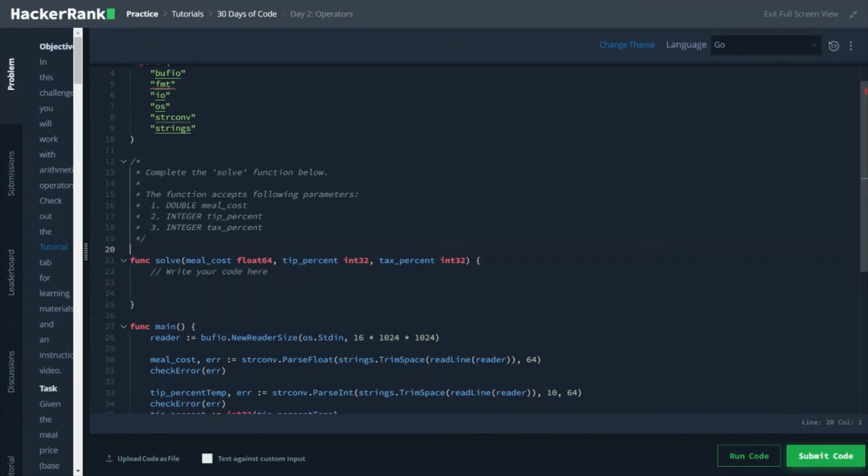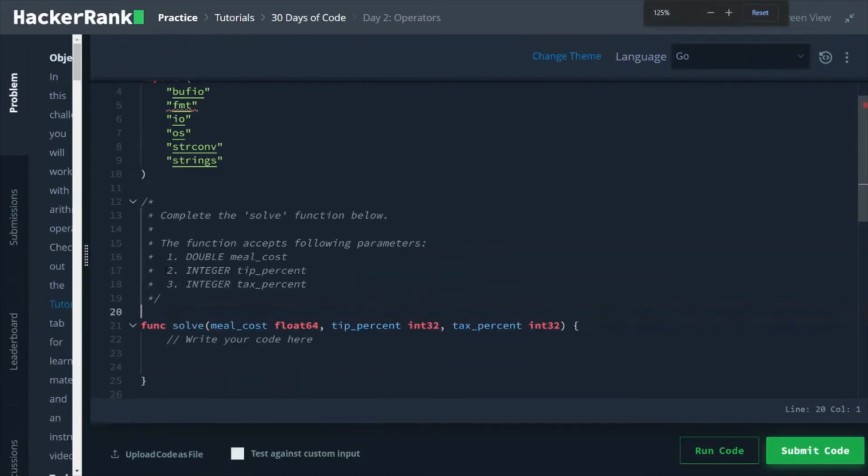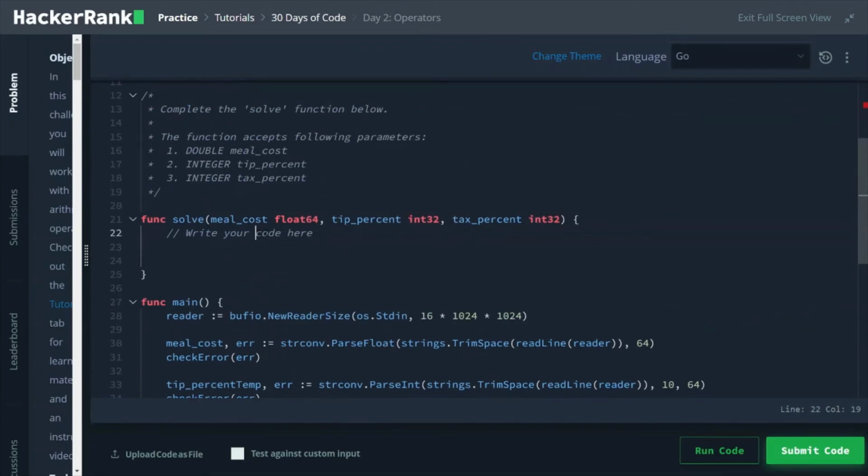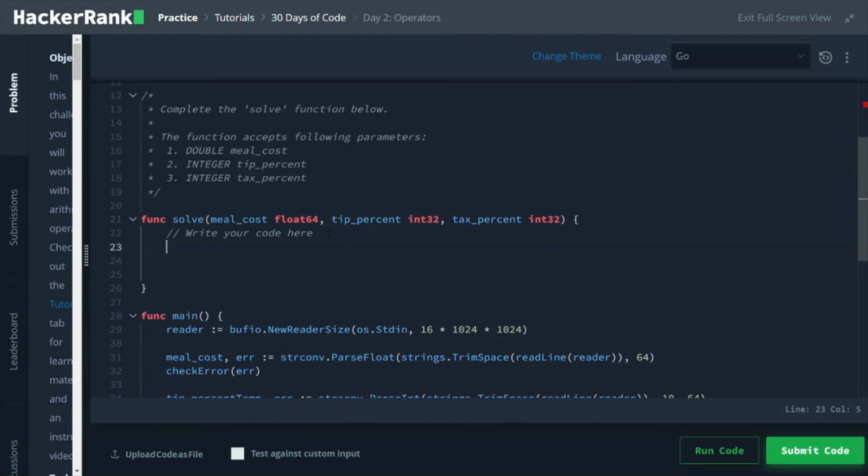Let me zoom in so that it will be visible clearly for you. Okay, hope this is fine. First we have to calculate the tip, how much tip it is. So I'll declare a tip variable.